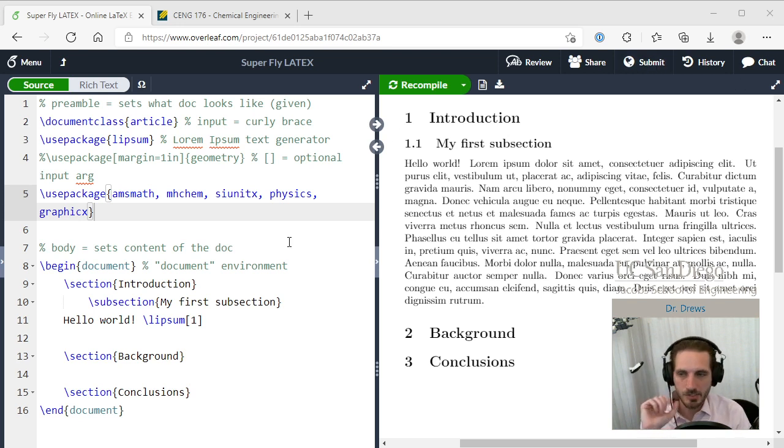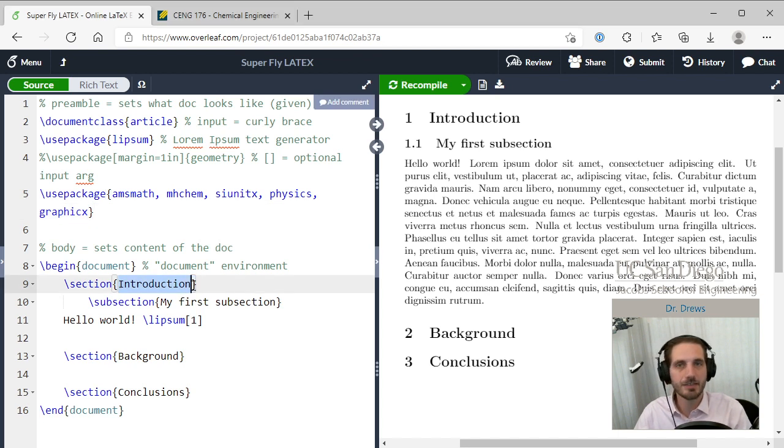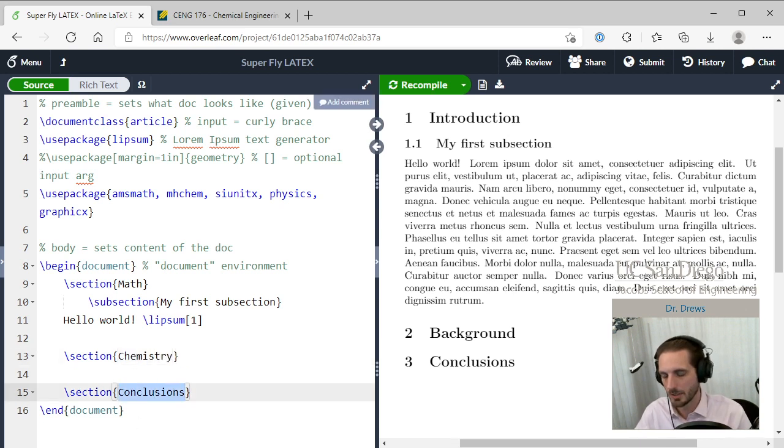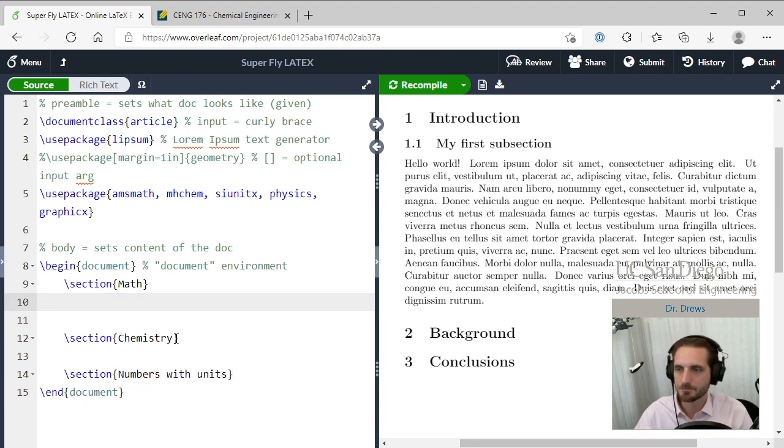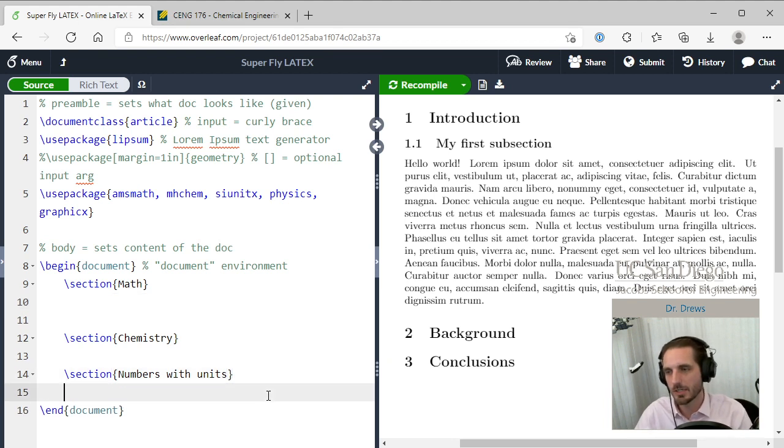Okay, so I'll assume that you're up to about this point, and then we're going to keep going from here. The first thing I'm going to do is rename these sections to illustrate the things that we want to do. The first thing that we're going to do is math. The second thing that we're going to do is chemistry. And the third thing that we're going to do is numbers with units. So I'm going to get rid of the stuff in between here and just organize this so that we can